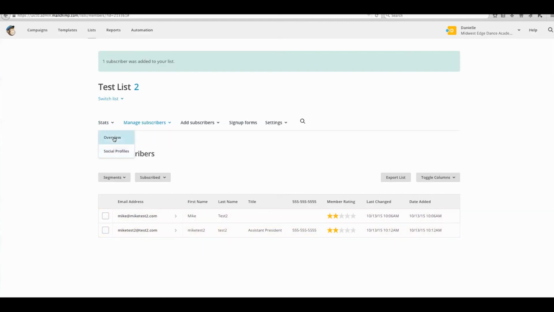Obviously, you have choices of what to do with this list once you import it. And so you can read through that. It's all pretty self-explanatory. Obviously, here is where you could add more subscribers or customer records to this list later on. So that is how you upload a list to Mailchimp